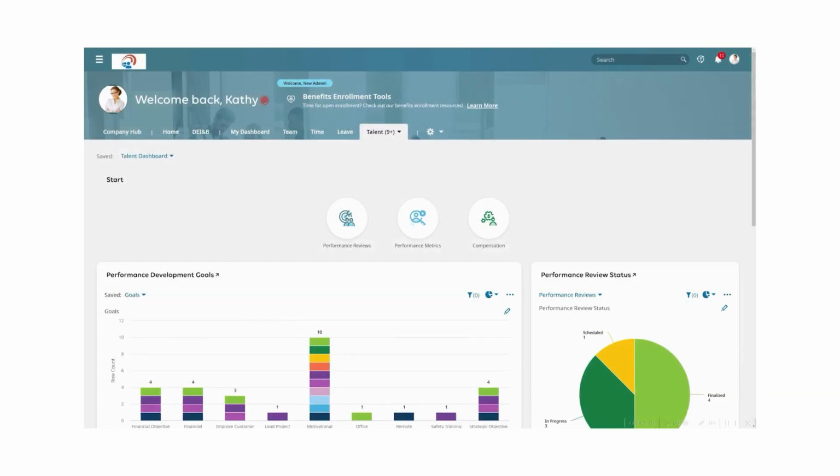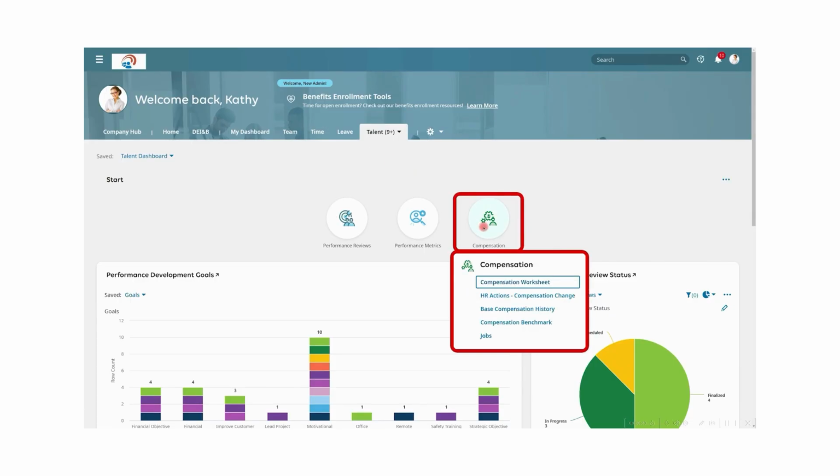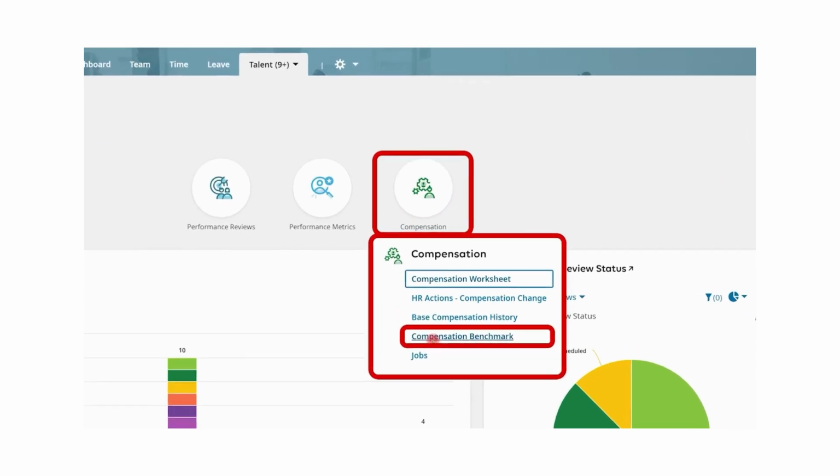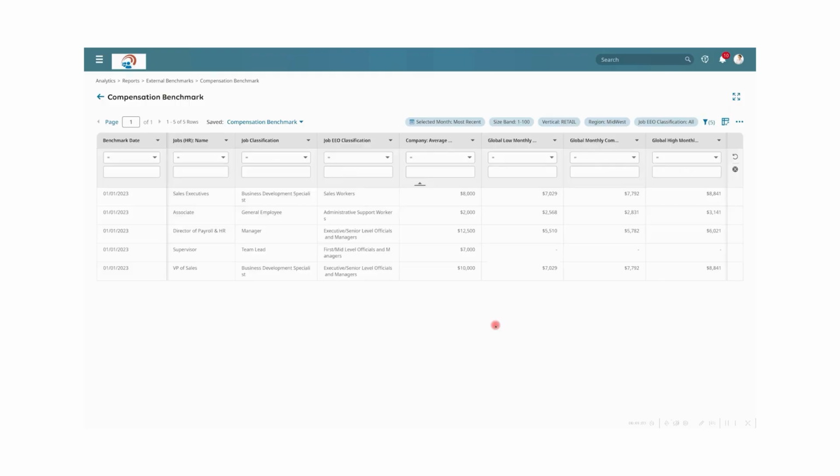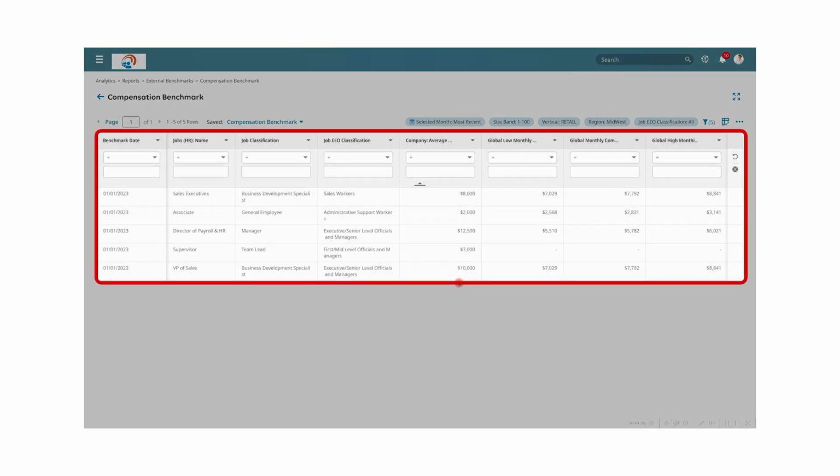Let's begin by taking a look at our built-in benchmarking tool, which will help you understand how specific areas of your business, such as compensation, hiring and turnover rates, and overtime compare to industry standards. To help with your compensation strategy, you can use our compensation benchmarking tool, which will allow you to compare your compensation to global averages. This report shows you what your